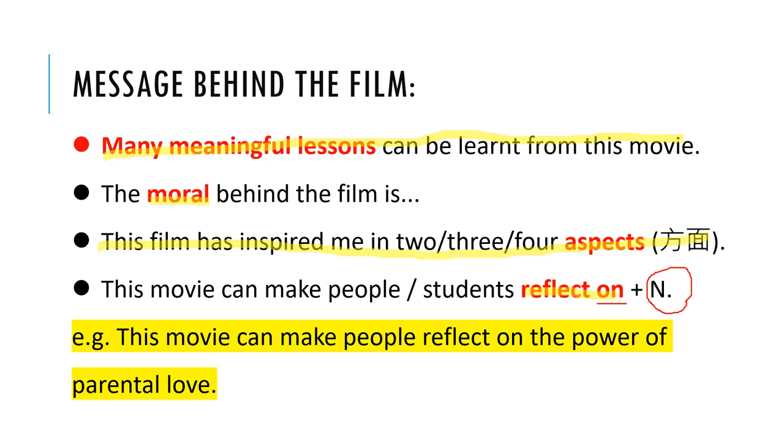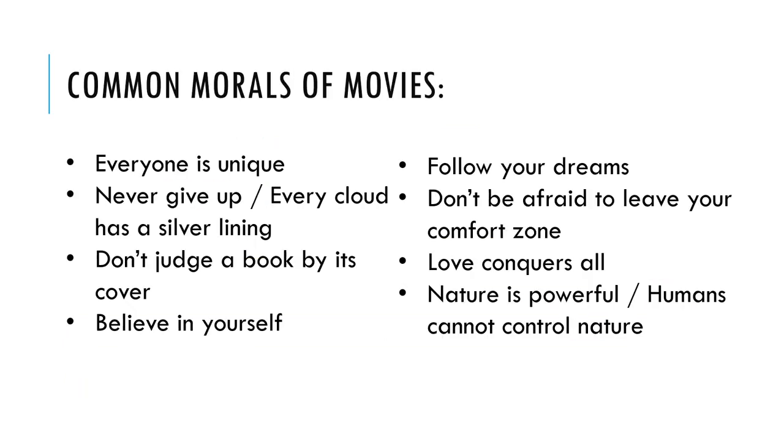So you can see this example sentence. This movie can make people reflect on the power of parental love. So you can see that the power of parental love, it's a noun phrase, no verb there. So in Chinese, that means 呢套戲係可以令人哋去反思即係父母嘅愛嘅力量啦. Now, in case you cannot conclude the moral or the message behind the film